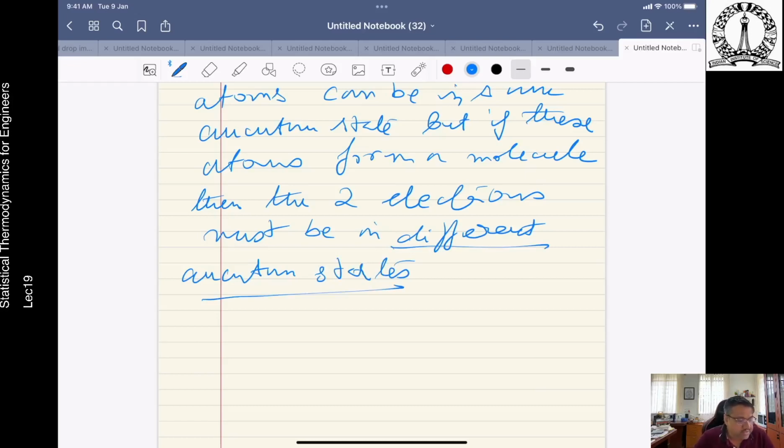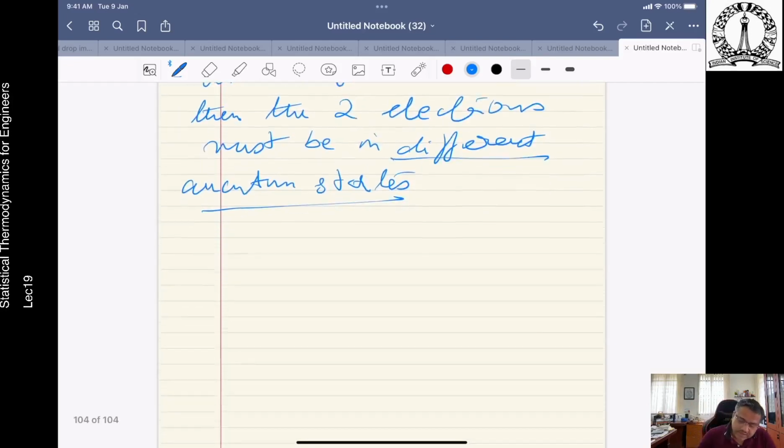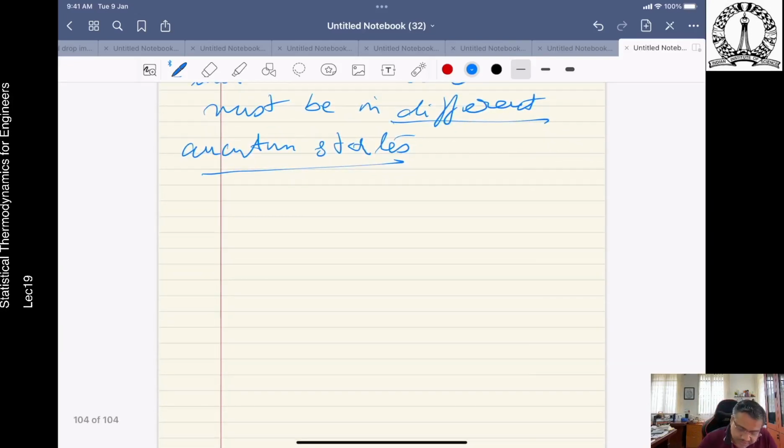So this is the rationale. The two electrons must belong to the same multi-particle system, right? If they belong to two different atoms which are not linked with each other, then they can have the same quantum state. But when they form the molecule, they become a part of the same multi-particle system. As a result, they have to obey